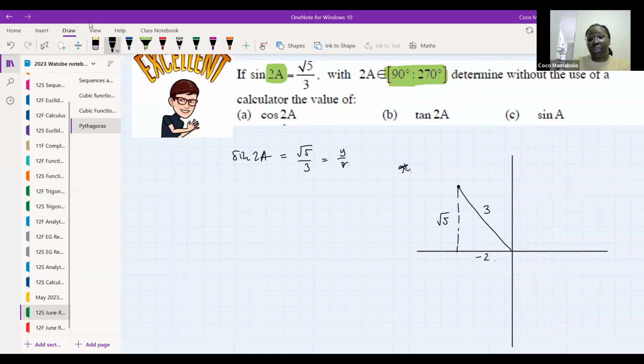Just give me a thumbs up or say yes, ma'am, if you got the same thing. Okay, you can just calculate for x: it is the square root of 3 squared minus